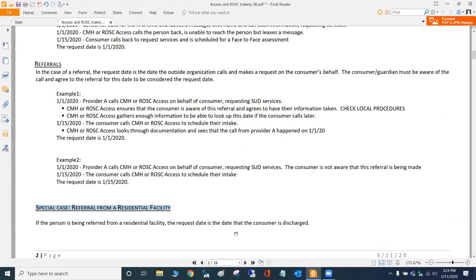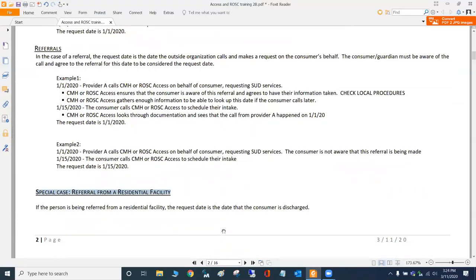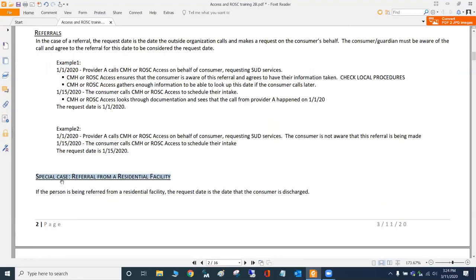So there are two days sort of floating around. One, the day that you know that they are expected somewhere for their service. And two, the day you enter the wrapper. And the request date is what you stick in the wrapper. Coming out of jail, I am almost certain this is an example of coming out of a residential facility. I know residential has a very clinical meaning. But the idea is they cannot get started until they're let out. And so when you enter the wrapper, you would put as the request date the day that they were